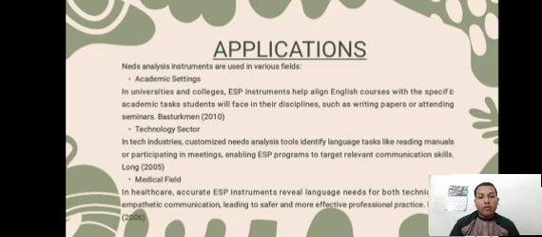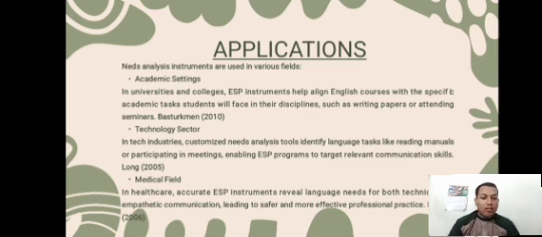Second, technology sector. In tech industries, customized needs analysis tools identify language tasks like reading manuals or participating in meetings, enabling ESP programs to target relevant communication skills based on Long 2005.